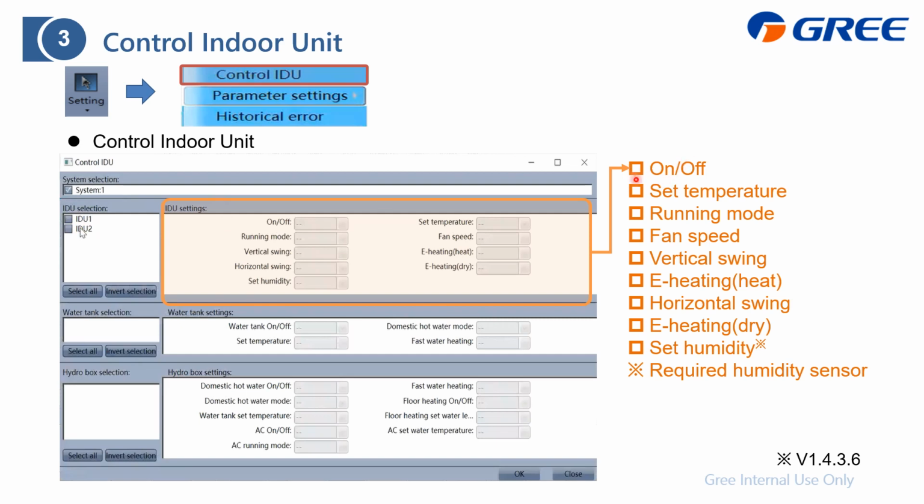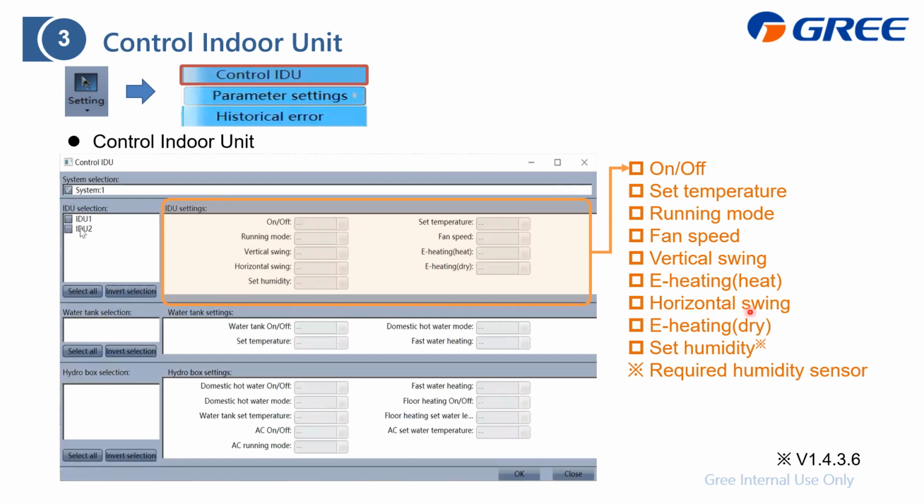And what you can change is this. You can turn the in.unit on or off, or change the setting temperature, the operating mode, fan speed, for example the mode or the cassette type. You can also change the louver swing, including vertical and horizontal.